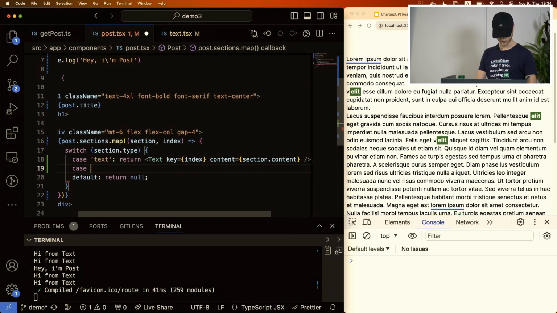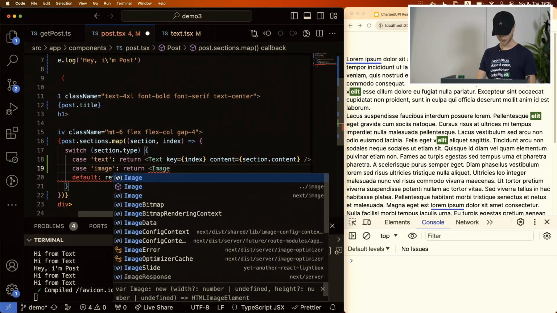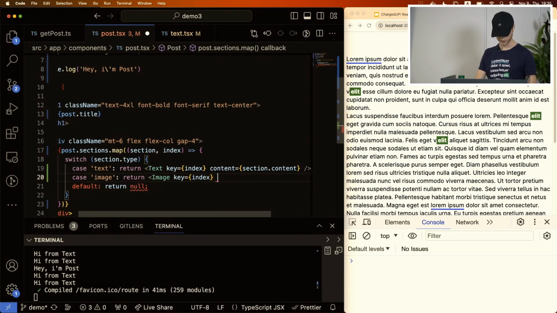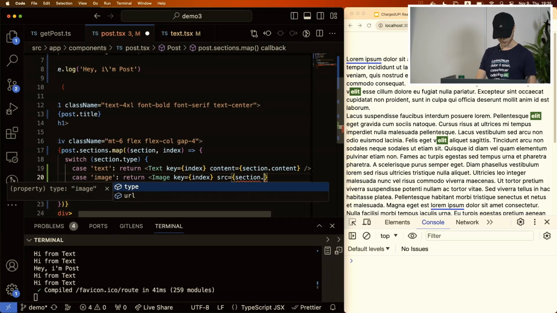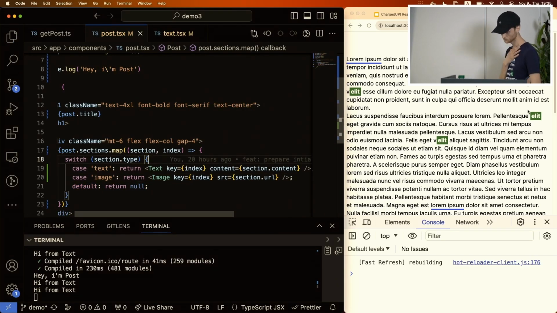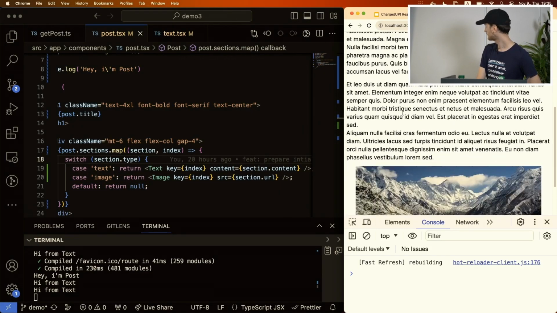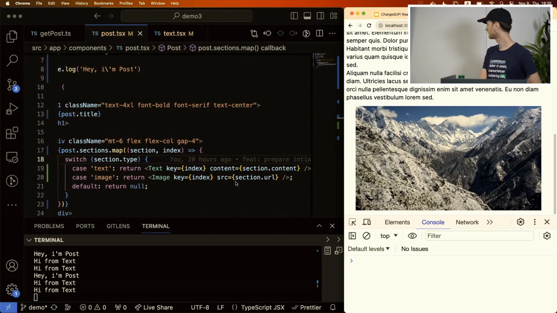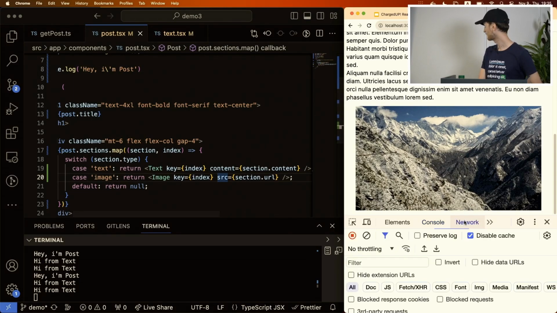Let's see the second section. It's called image. I also have a component prepared, key index, and it expects me to send an SRC prop, section.url. And I have to scroll down. It's a beautiful mountain. So if I turn on network throttling,